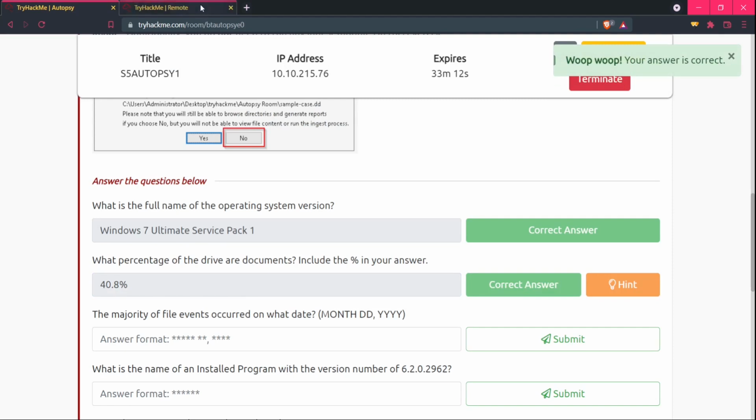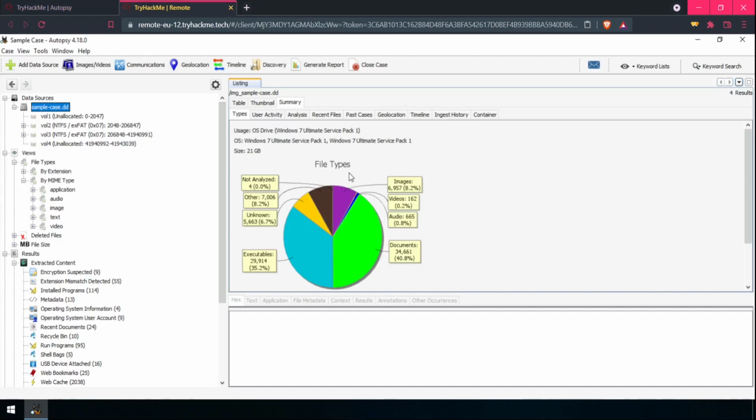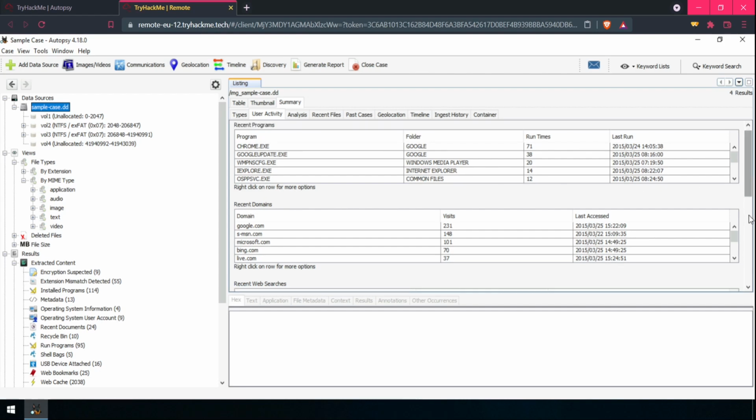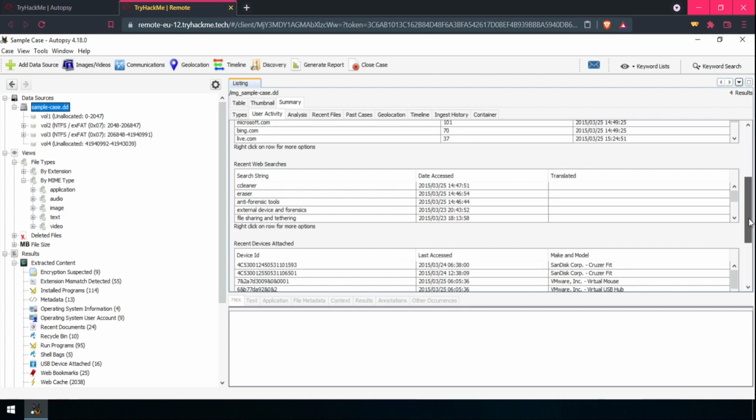Before going over the next question, I want you to see all these subsections, which are panels given in the summary section. There is the user activity, which says what recent programs were accessed by the user or opened in the system, what recent domains were accessed, and what recent web searches were done.